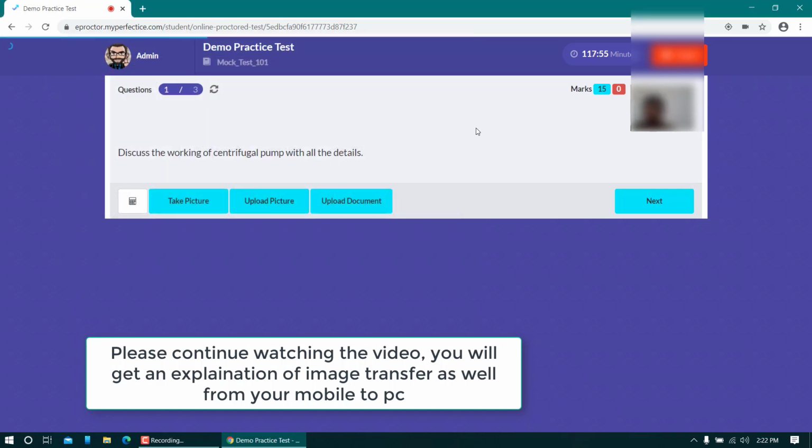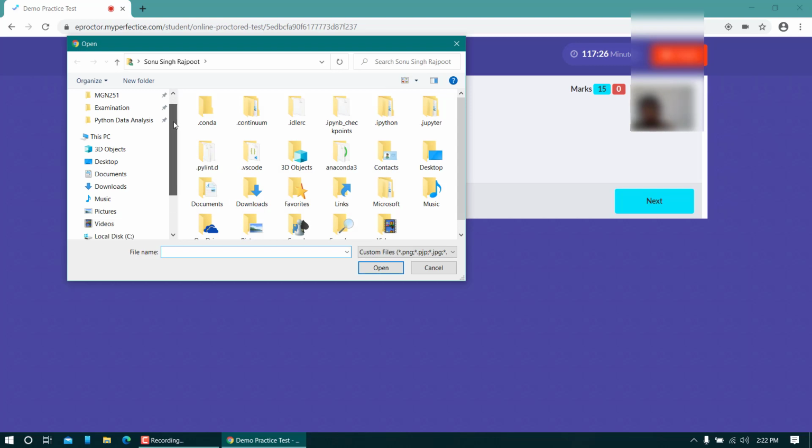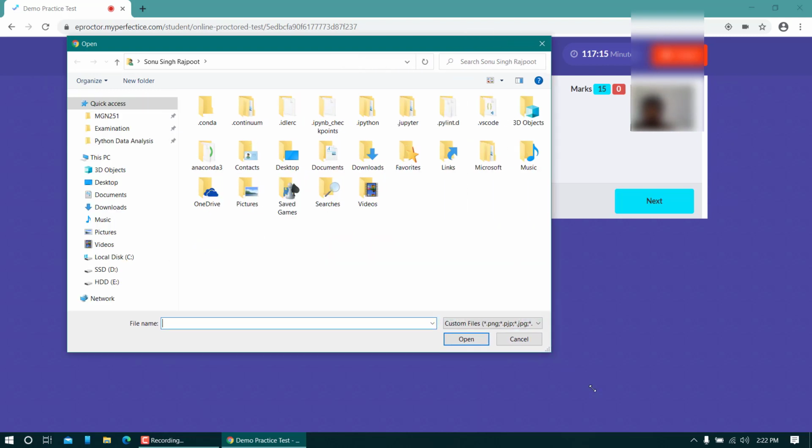What else you can do is at this point of time you can take a photograph, you can stop this interface here, you can take an A4 sheet, you can start writing, and once you write, take a picture of that answer sheet and then transfer the photograph into the laptop using, let us say, a data cable. And then you can click on this upload picture, you can scroll down, and if you connect your mobile phone through the data cable, you'll see the name of your mobile phone here. By using that device, you can always go back to that particular device storage and have access to those folders.